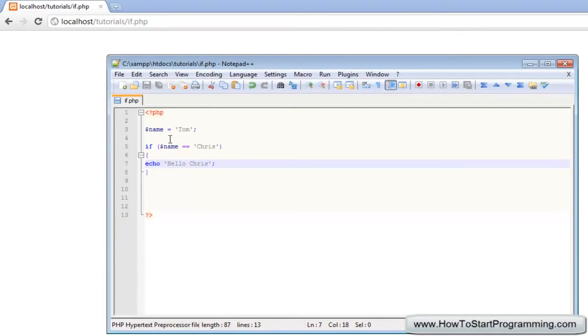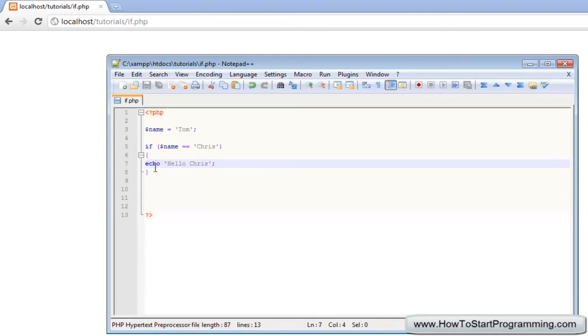So just to go back and see what we've learned over this, the way to do an if statement is first with the if keyword, you type if, and then in normal brackets you're going to type the condition. Now this condition needs to be true for the following code to execute. And after you've typed out your condition, in curly brackets, all you need to do is put the code that